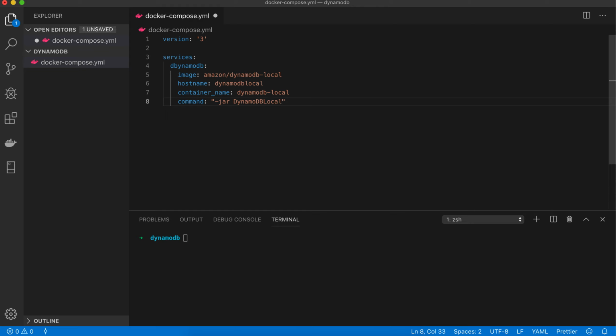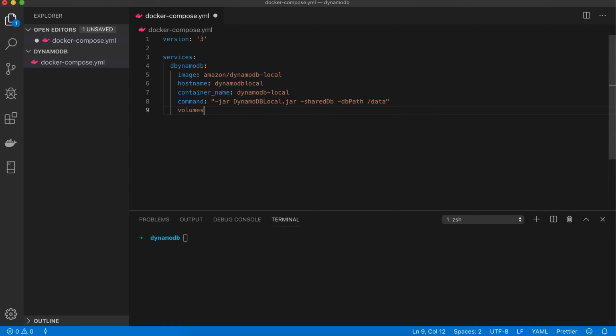Let me type it out. This is the package which supports the persistent storage of the data. Then we need to have a shared DB and specify a path for that shared DB. Inside the container there will be a /data folder in which the data will be stored.